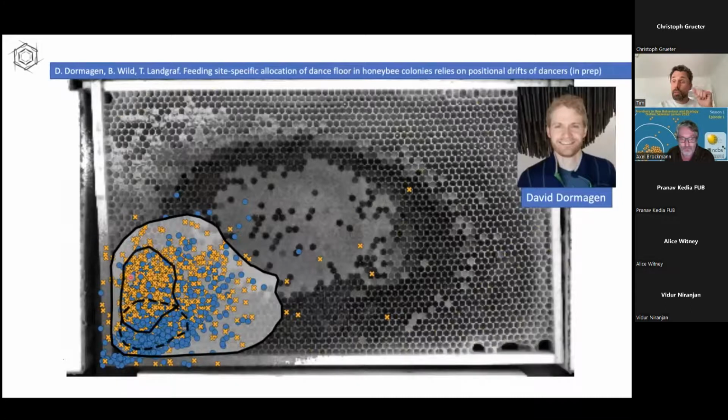If you train bees to different food sources, and we used two sources that are 180 degrees or so apart, we see that the dance locations are separated. It is a very noisy signal, but we have enough data. So we don't need human annotations to detect dances. We just run the software over months of dances. This will be published soon. I can't really give you more.